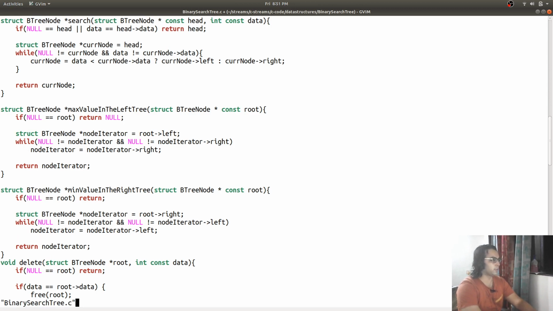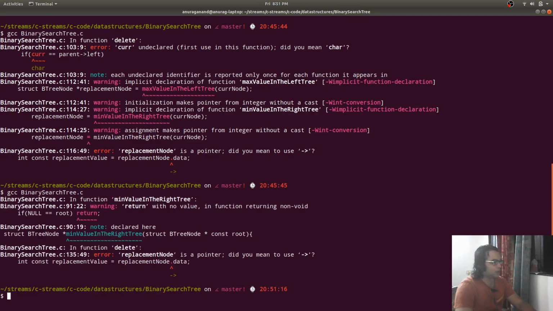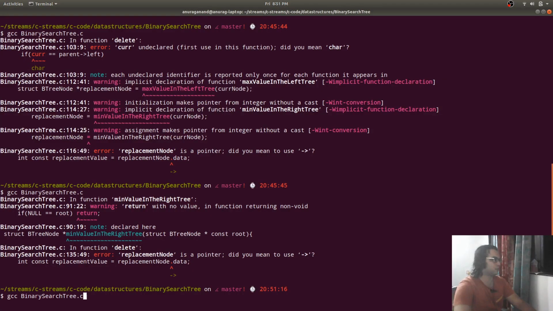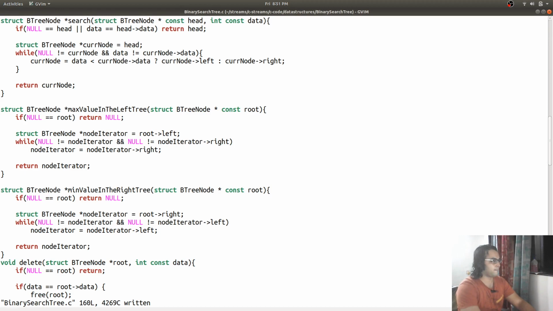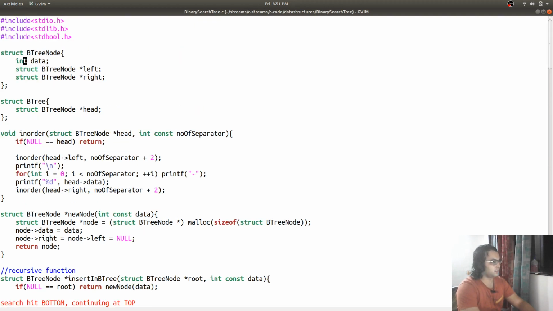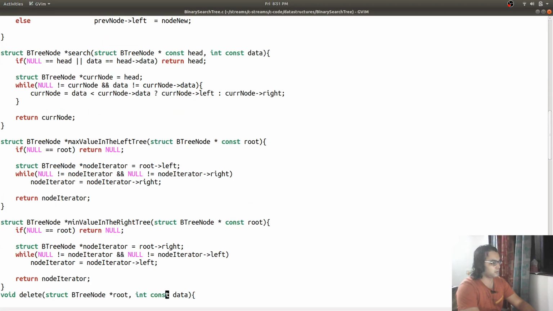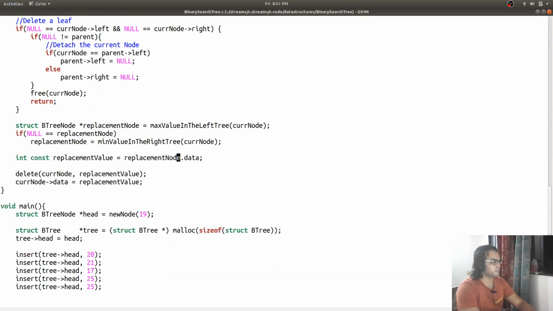So this is our min value. Return, okay, these are the empty returns, which should be null. Node.data.